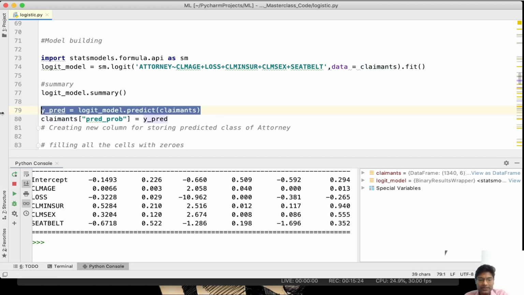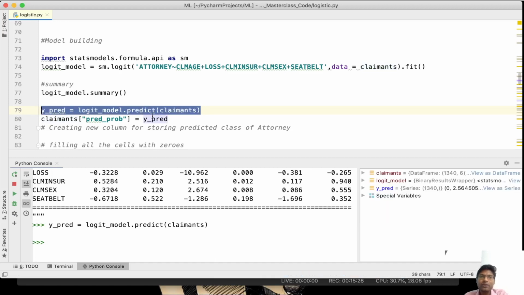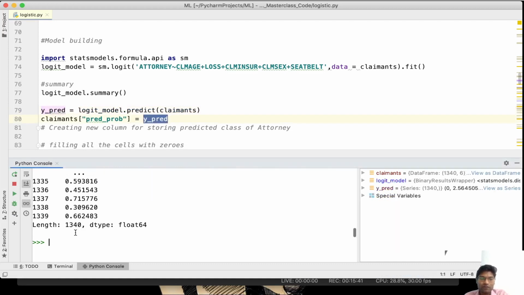So y predicted is going to contain our newly predicted attorney value, but it will not be directly 0 or 1. It will be in the form of a probabilistic score between 0 and 1.